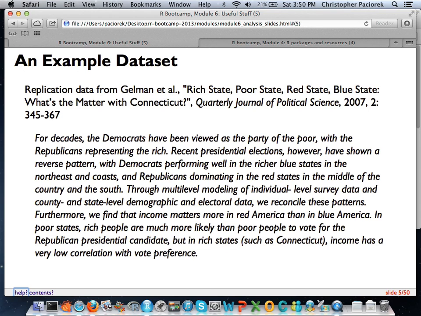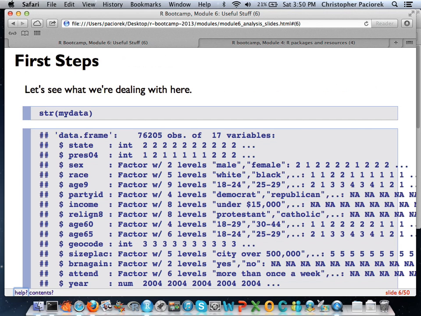This is taken from a paper by Andrew Gelman, related to his red state, blue state stuff. You can read more about this if you want, but just so you have an idea what we're going to be trying to work with today. So we've got this data set now, right? Imagine you are some sort of new graduate student. You've got to write some paper, and you've got this cool data set, and you want to say, all right, first step, I want to have an idea of what's actually going on in my data set.